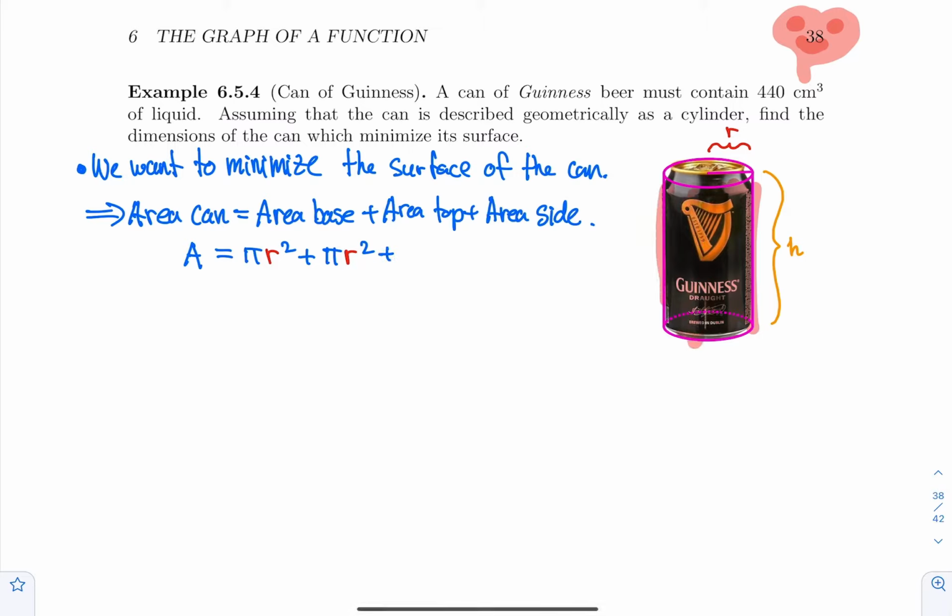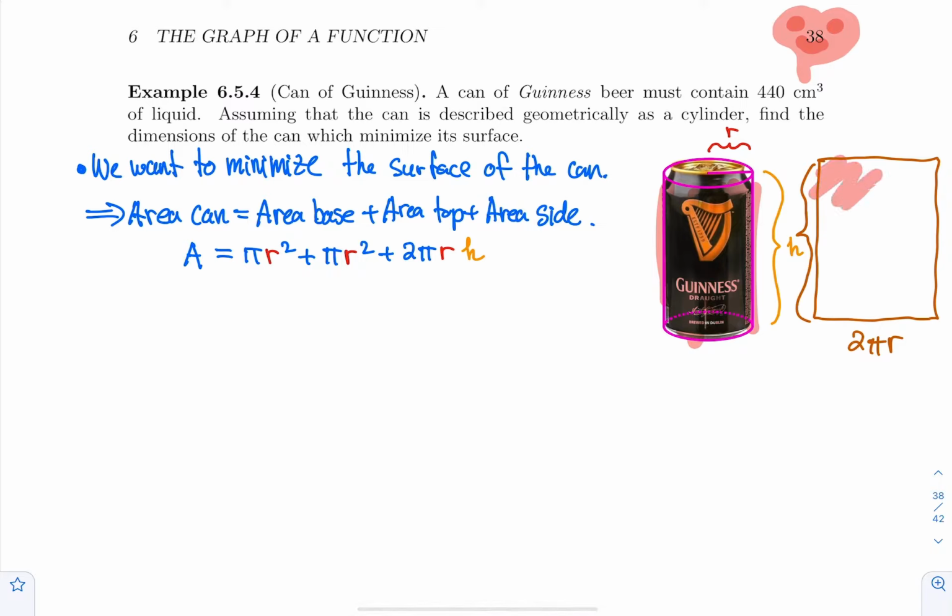The side area here of a cylinder is actually a rectangle, where the base is the circumference of the circle, and then the height of that rectangle is just given by the height of the can. So the area of the side is 2 pi r h. Worst case, you just Google it. Okay. So this is the equation to minimize, but right now the problem with this equation is that there's two